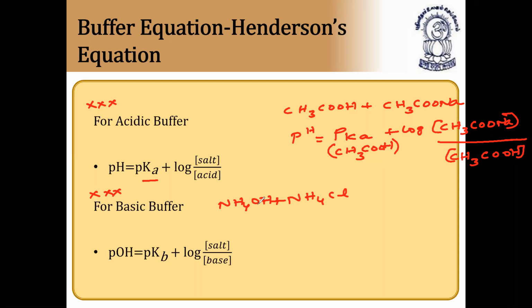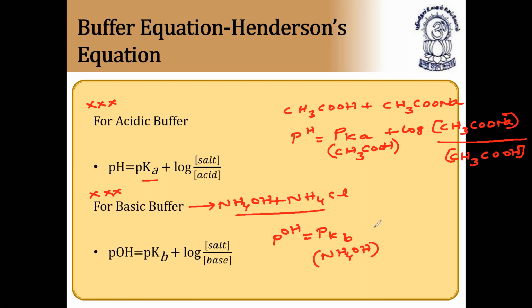What type of questions you are going to get from this topic, I'll explain once we finish this topic. So ammonium hydroxide plus ammonium chloride, this is called what? Basic buffer solution. It is an example of basic buffer solution. To find pH, first we have to find pOH. pOH is equal to pKb, that is pKb of what is the base here? Ammonium hydroxide,